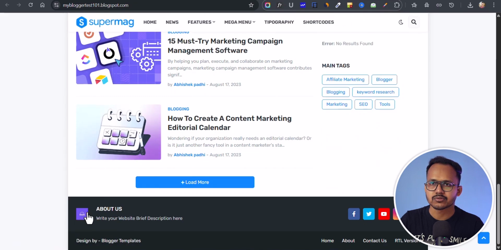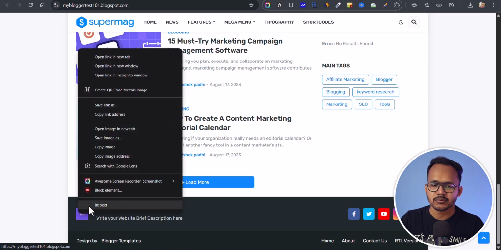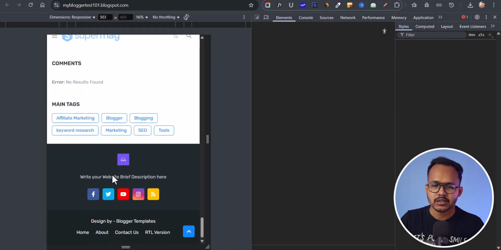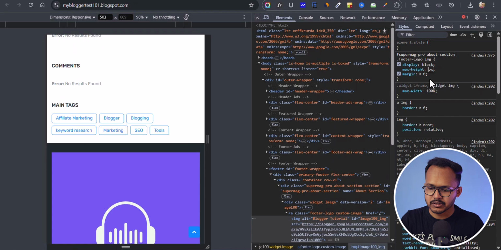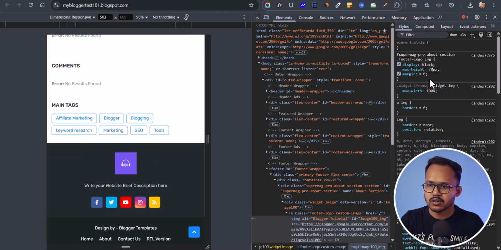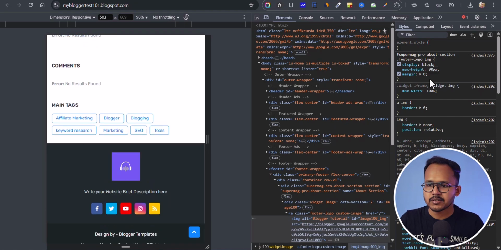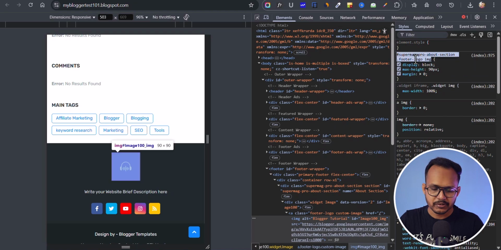You can also use a rectangle type logo or a square type logo, and you can further change the size of this logo. All you have to do is click on inspect and go to the logo here, and the max height is set to 36 pixels. You can change that to something like 70 pixels or 90 pixels, and you just need to copy this